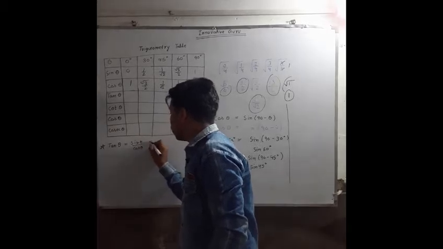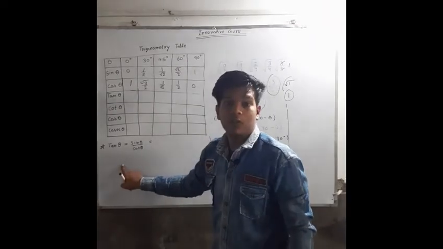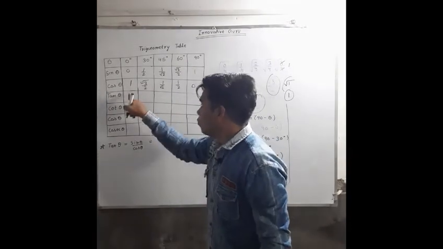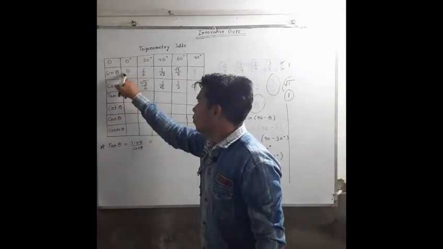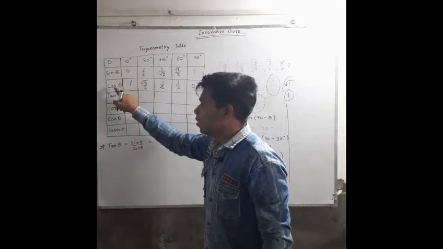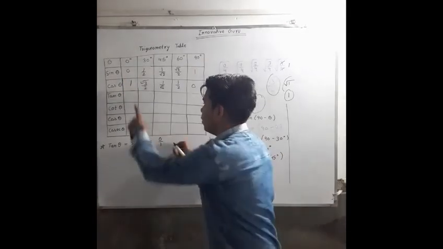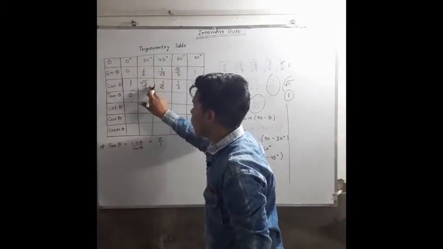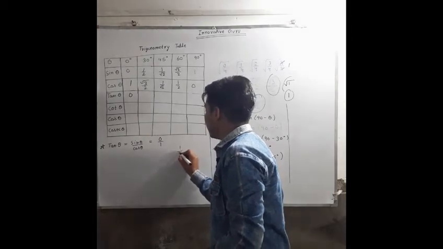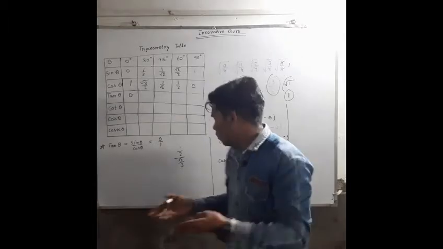So put the value of sin theta and cos theta, you will get to know the value of tan theta. So you want to find the value of tan 0. So divide sin 0 by cos 0. You will divide the first one, so the answer is 0. If you divide this from this, you will get the... it's very easy. Now divide it.